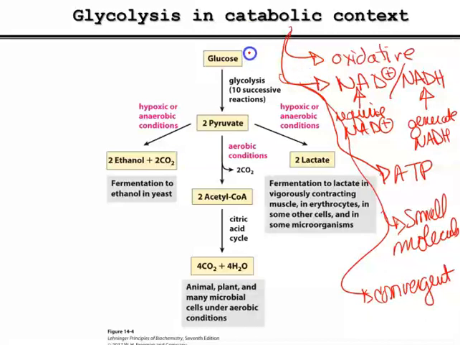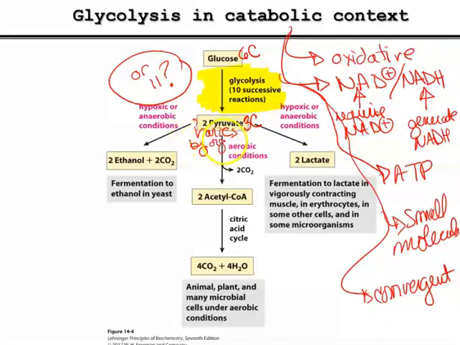Our focus is glycolysis, and glycolysis is here along this arrow. Glycolysis consists of 10 successive reactions, or would that be 11 successive reactions? There's a paper you're going to read in lab about that. So in glycolysis, we start with glucose, which is a 6-carbon monosaccharide, and we end up with 2 pyruvates, each having 3 carbons. Now, the fate of the pyruvate varies